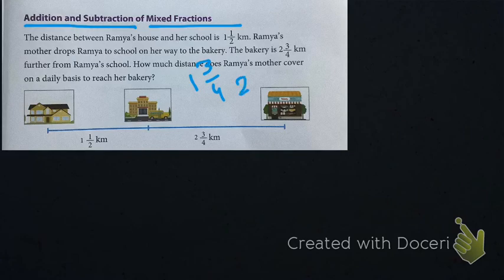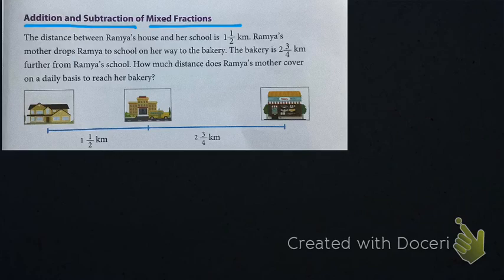Suppose we have one whole number plus one fraction, any fraction. Suppose we have 2 and 5 by 4, or 3 by 4, any whole number plus a fraction will be called a mixed fraction. So we have one example. First we'll do addition, then we'll do subtraction. So first let's solve this question for addition.